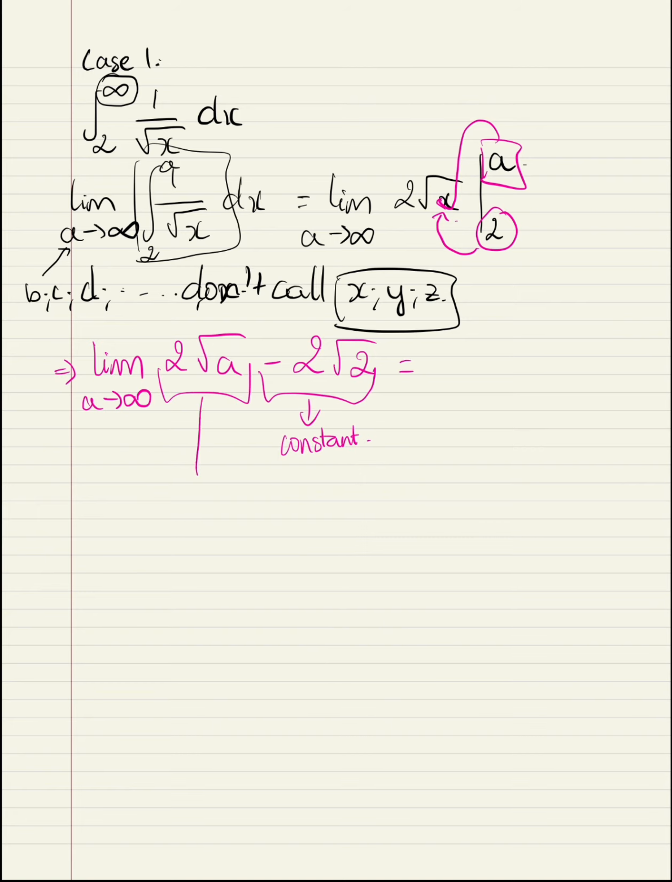But this one is going to go to infinity, because 2 square root of infinity is just infinity. So infinity minus a constant equals infinity, which means this integral is infinity. Okay,